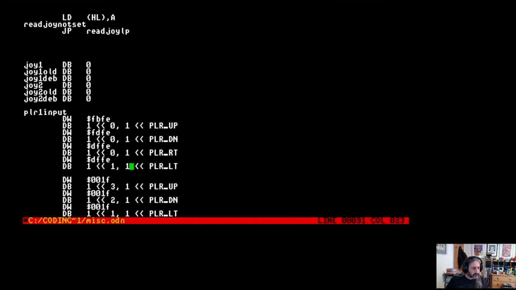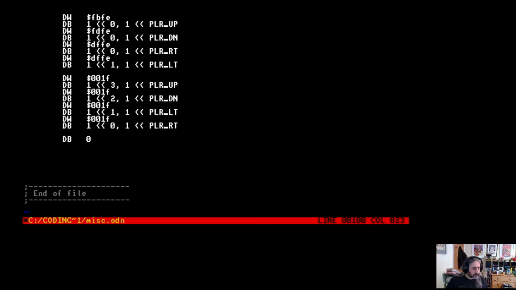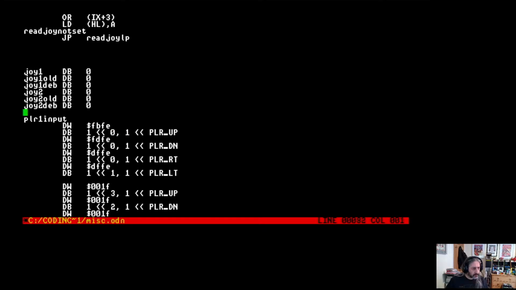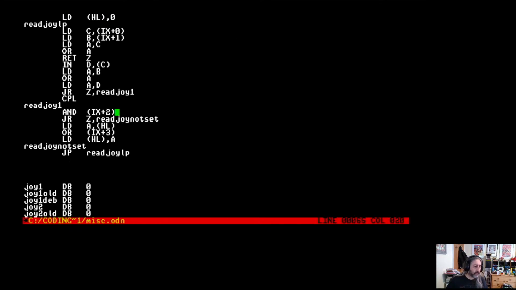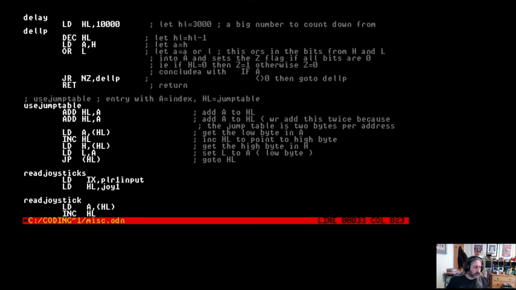So that would basically just be setting values in our joystick bits. Right. I won't do the debounce just yet. I will just get it working with the rest of the game. So we call read joysticks. And